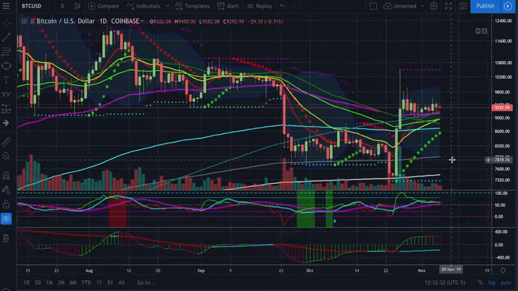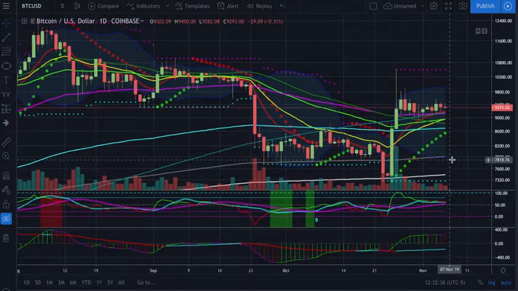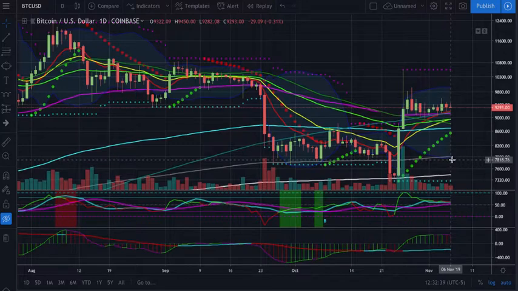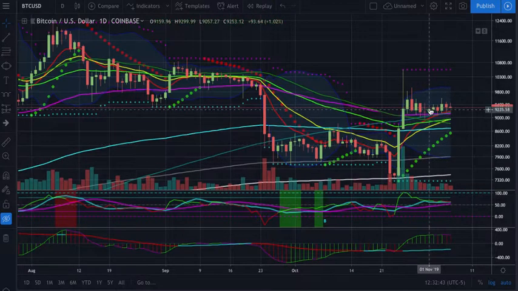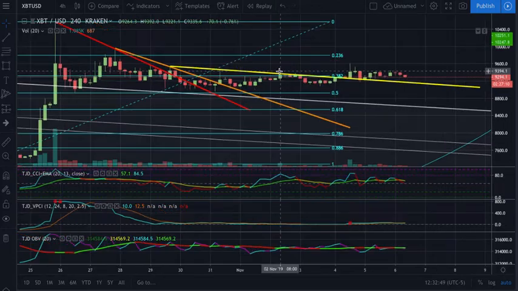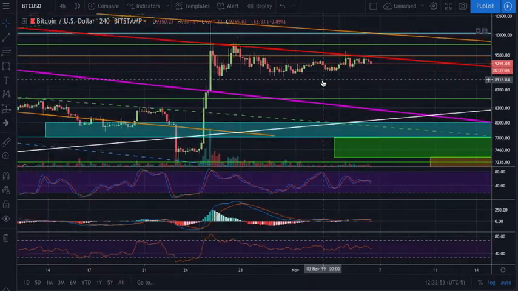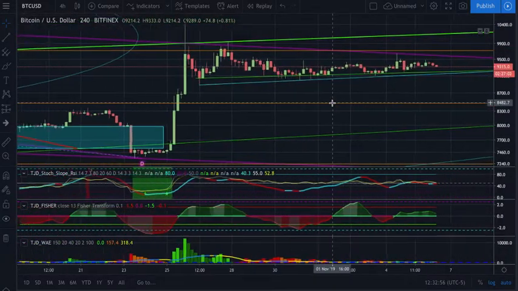But at this point in time, we're really just consolidating. There's not a lot of new information coming in over here. Half the people are going to tell you it's bullish that we moved up and we're consolidating. Half the people are going to tell you it's bearish that we moved up and we're consolidating. For me, if we moved up out of this range and actually had broken out, it would change the whole scope on things for me a little bit.